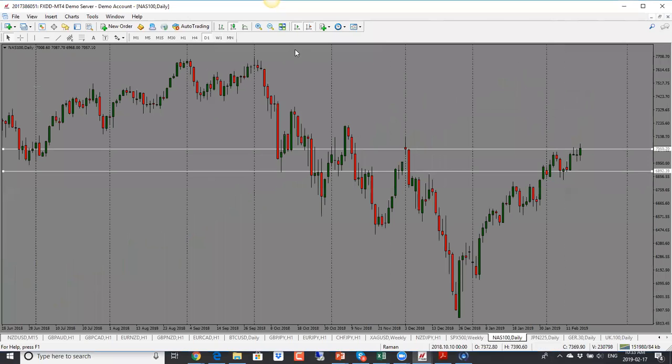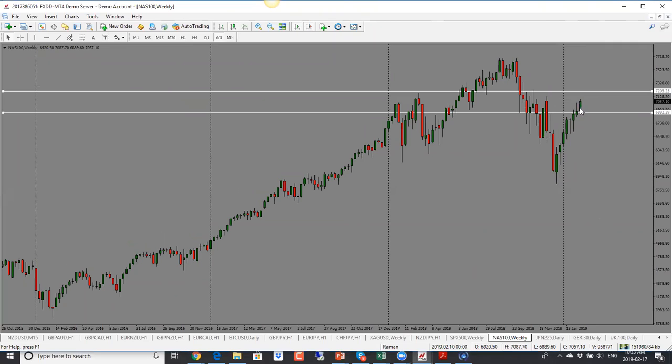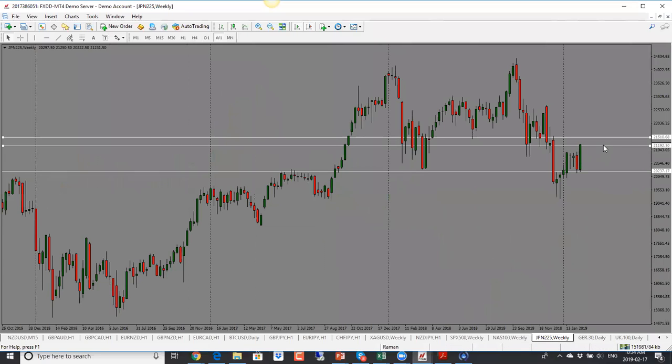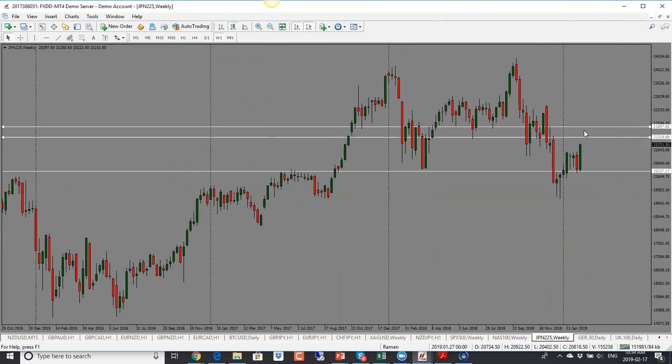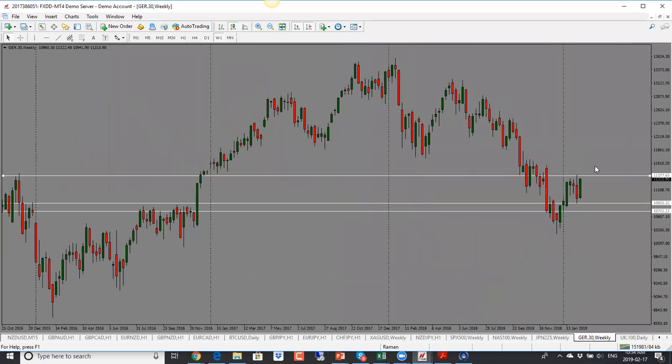Let's take a look at NASDAQ here. NASDAQ is also looking bullish, and I will look for it to go higher. Target is 7,200, so bullish bias and looking for price to come into this level here. Nikkei here is also looking bullish. We have a big bullish candle close here, so looking for price to move higher. 21510 is the first target, 21897 is the second target, 22,000. Bullish as well.